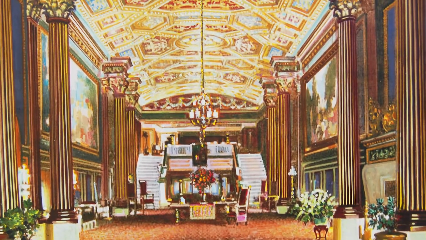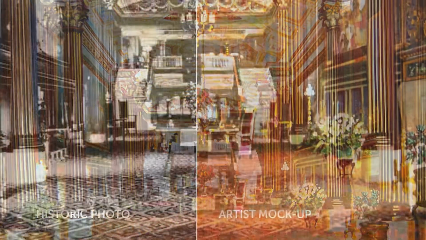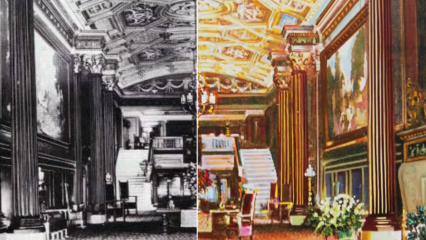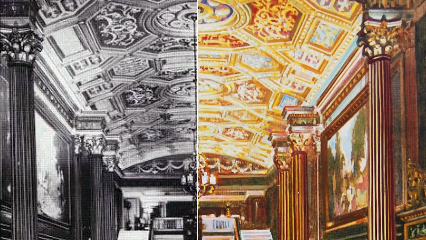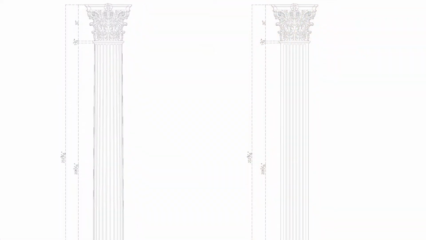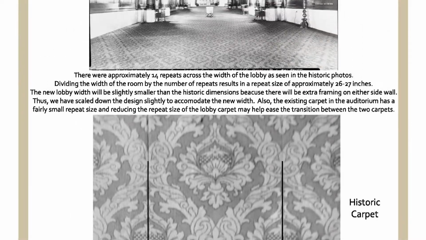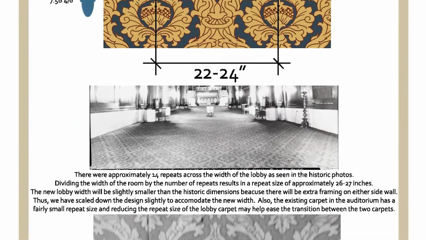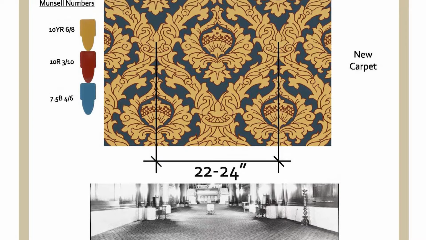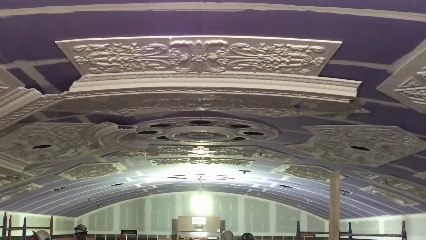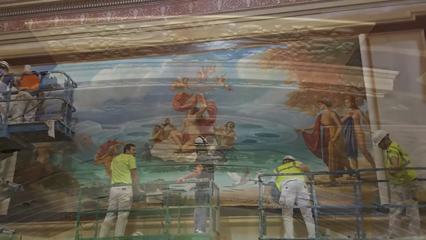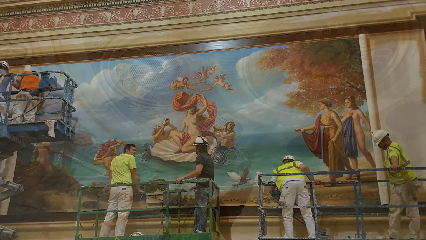We at Evergreen were tasked with creating design drawings to ensure the historical accuracy of the new lobby. We created schematic designs for everything from the columns, ceiling, and mirror frames to the carpet and the entire color palette. In addition to creating those designs, we also fabricated and installed plasterwork, murals, and painted the decorative finishes in